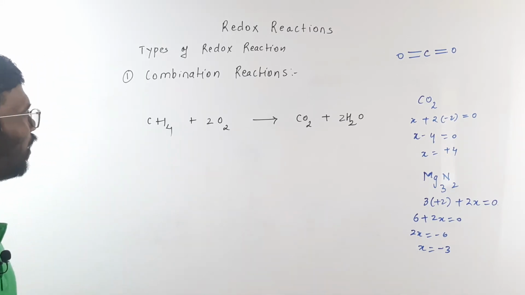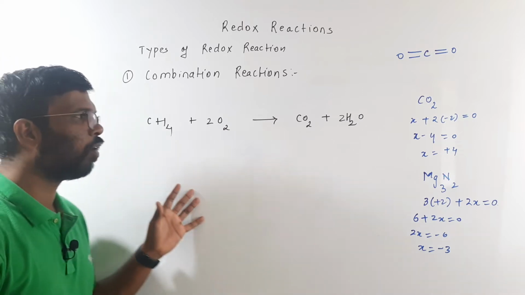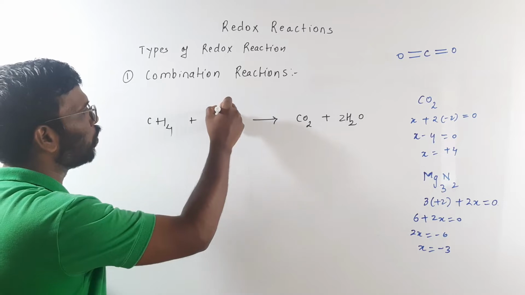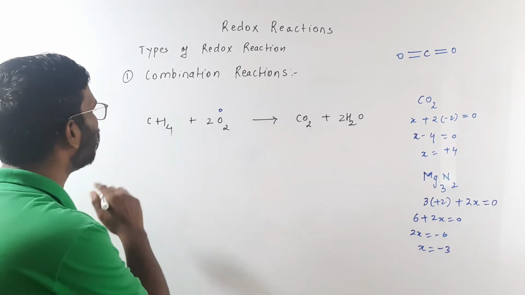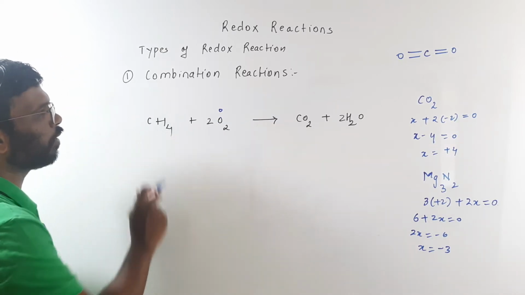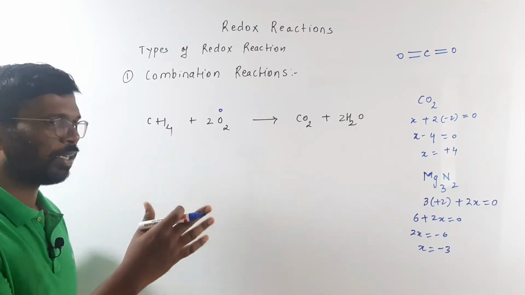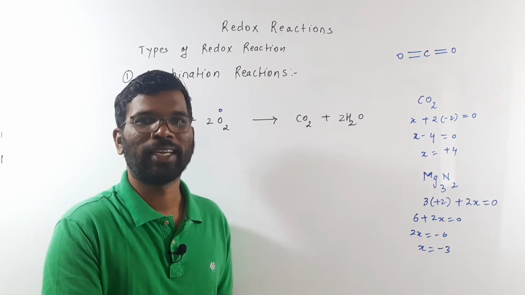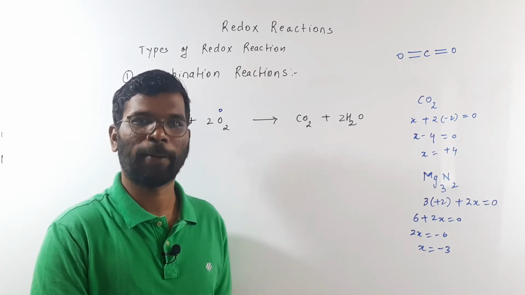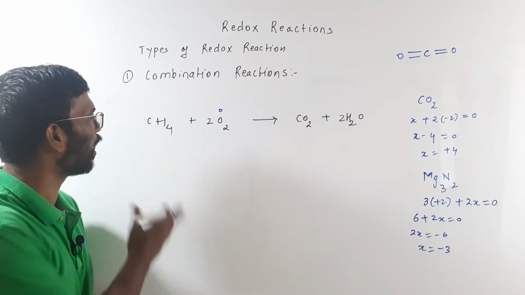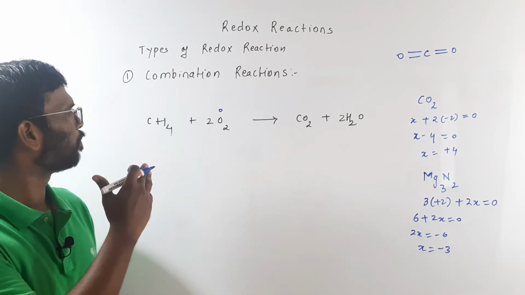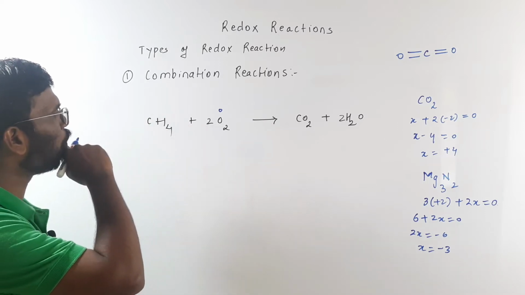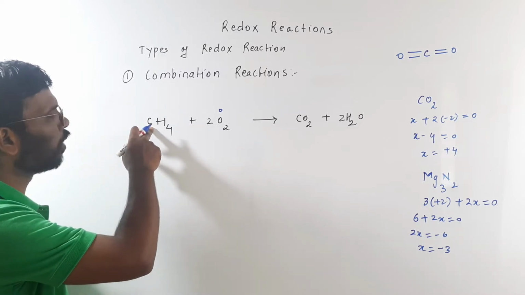Now what we can see over here is that if we find the oxidation state of each of these, oxygen is existing as O2, so this is 0. Carbon is connected to hydrogen. Hydrogen is more electropositive compared to carbon, or the other way we can say is that carbon is more electronegative. Hydrogen is forming a plus 4, right?